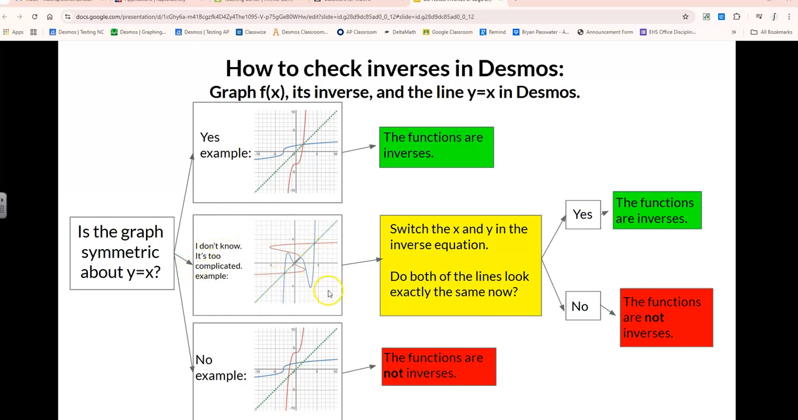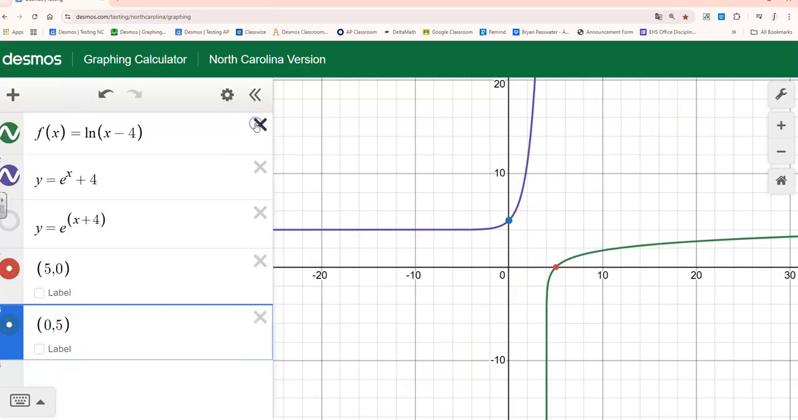Some of these might look really complicated, and you can't decide, right? So, like this graph, I think probably looks symmetric, but it also is a very complicated looking graph, and I don't feel super confident about it. So, let me show you this one other thing in Desmos. Sometimes kids don't like this because it confuses them, but like,